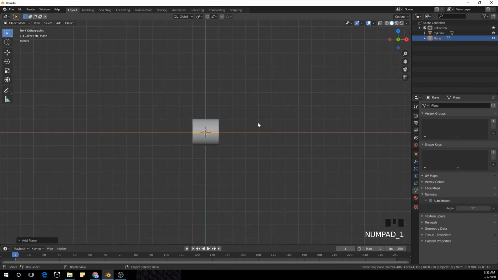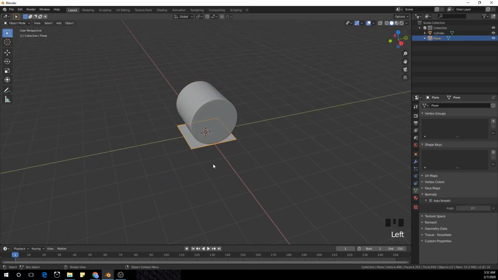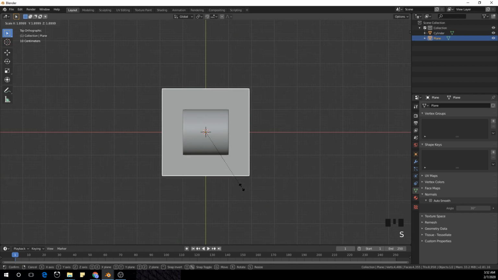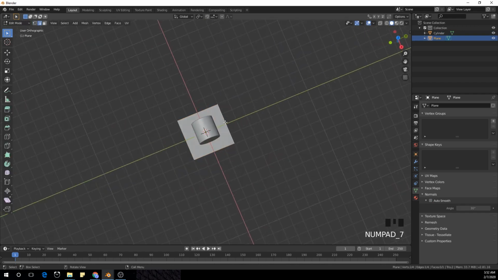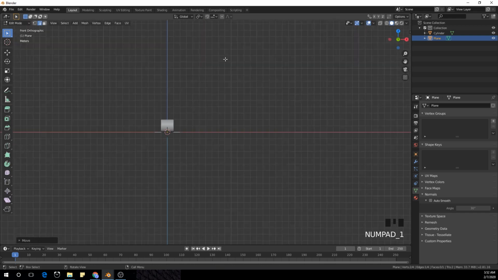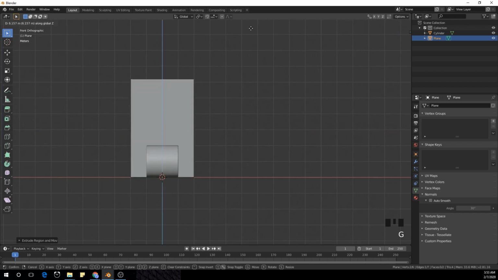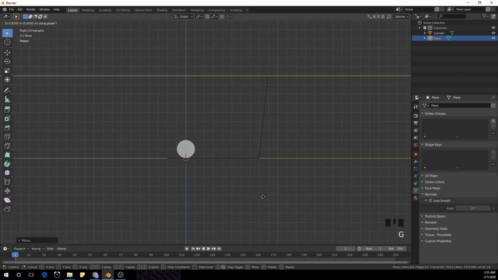and I'm going to add a plane and move the cylinder on top of the plane. And I'm going to edit mode and I'm going to extrude it in the y-axis and extrude it again in the z-axis this time, and pull it back a little in the y-axis and